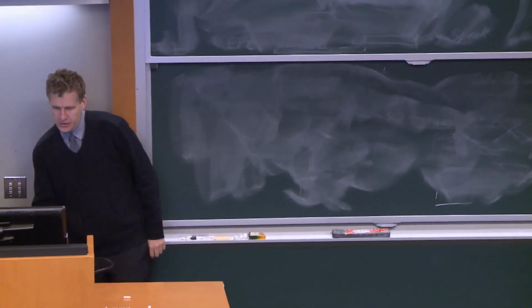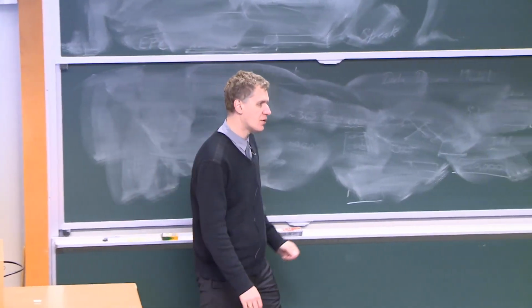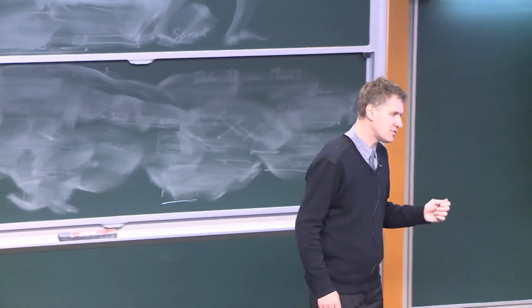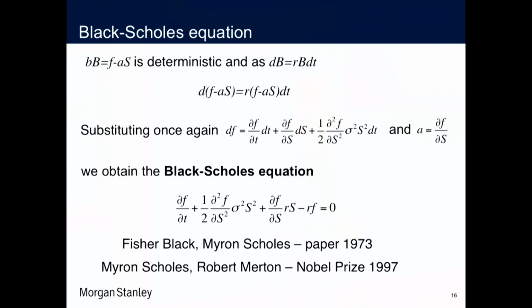Then we'll use our knowledge that some part of our equation is deterministic, and basically take f and as on one side and leave the deterministic part on the other side, differentiate it once again, and the left side will be just rb dt. If we substitute once again df, and don't forget that what we learned is that a is equal to df by ds, then we collect all the terms and arrive at this partial differential equation,